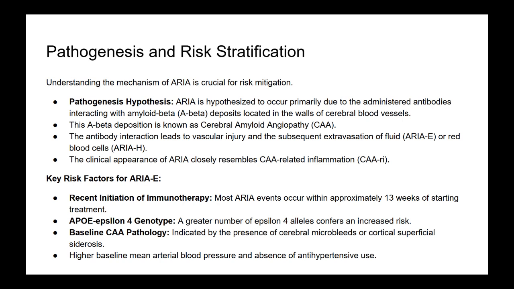And individuals who carry one copy of the APOE4 allele have an increased risk of ARIA compared to non-carriers. And those who carry two copies, APOE4 homozygotes, have a substantially higher risk, particularly for symptomatic ARIA-E and recurrent ARIA-H. This genetic risk stratification, testing patients for their APOE genotype, is now considered standard practice, even mandated in some prescribing information before initiating these treatments. Are there other risk factors besides genetics? Yes.